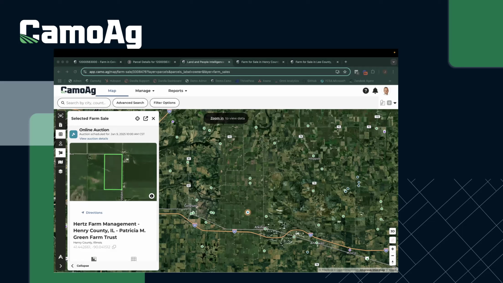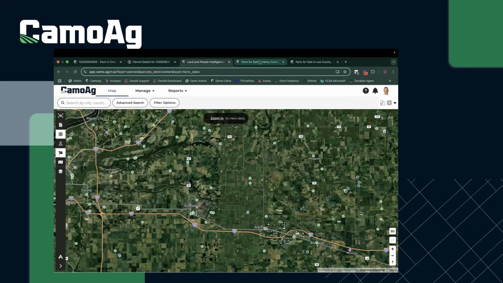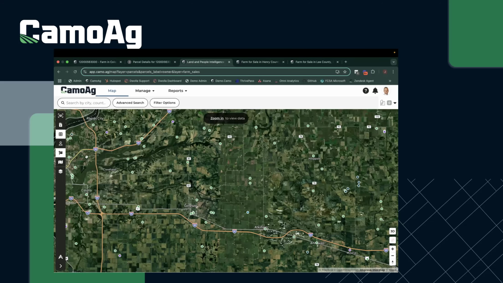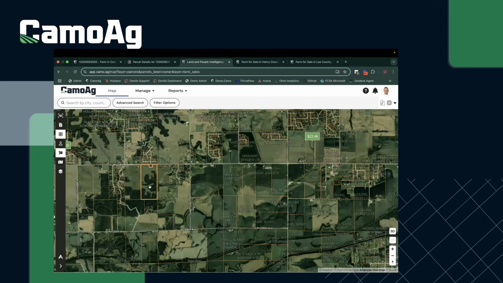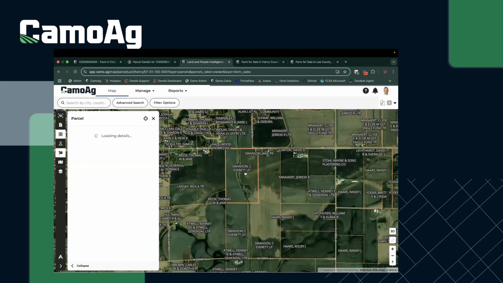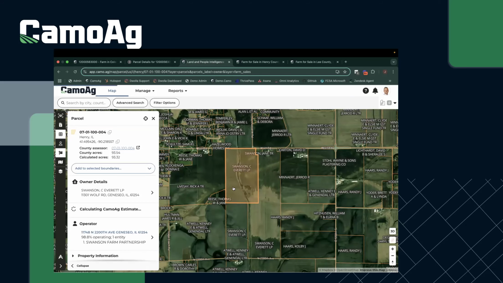Let's see, if there's anything. One question on the map: when you clicked on a parcel, it showed an estimated Camo Ag price. Do you know off the top of your head how that is calculated? So when are you talking about, on this map here or on the sale map over here? Actually, if you want to send that question to me directly, I wasn't sure if you're talking about